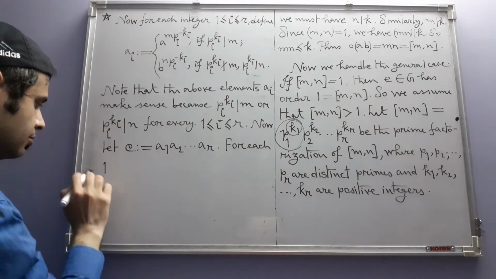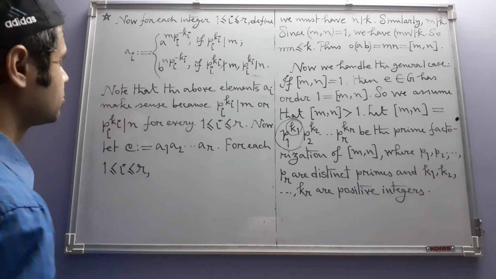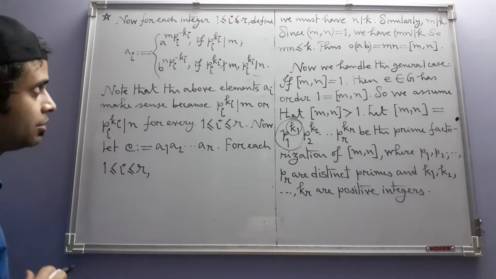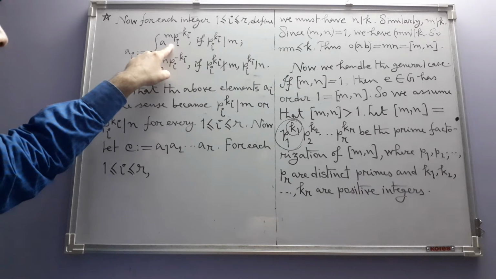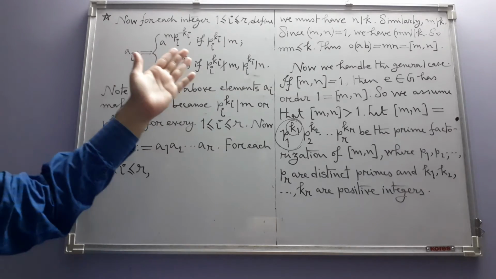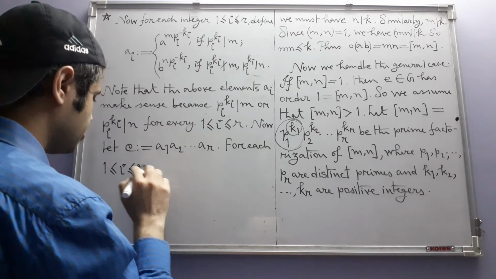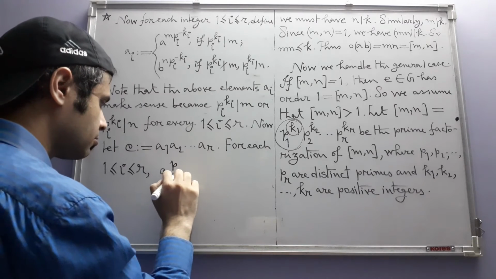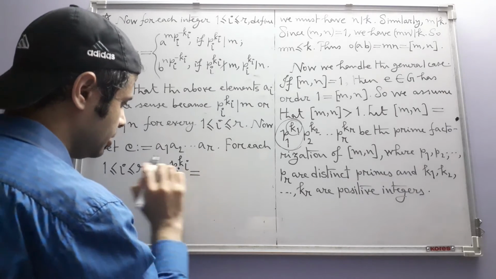For each i, what do we get when we take the pi to the power ki-th power of ai? Say for each i, ai to the power pi to the power ki is equal to